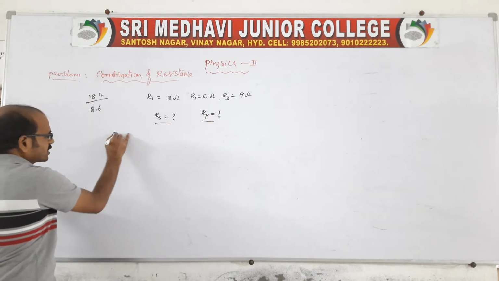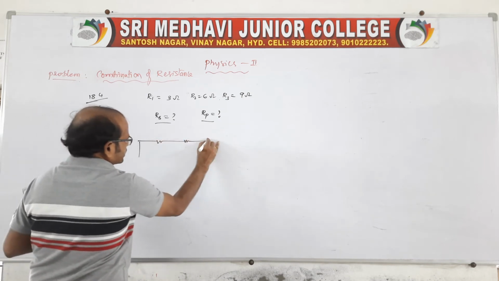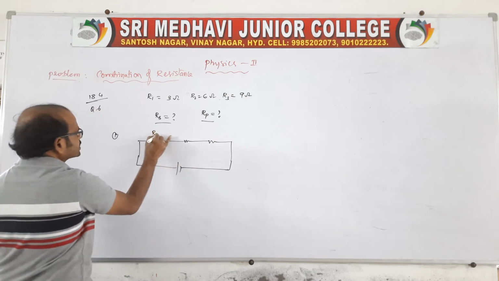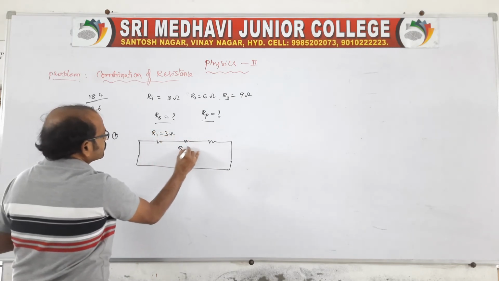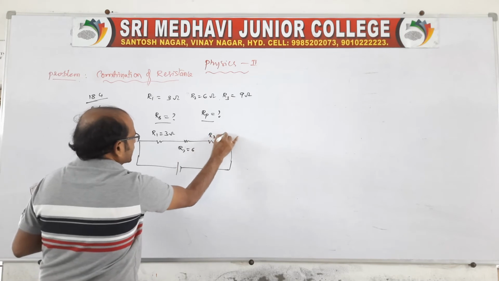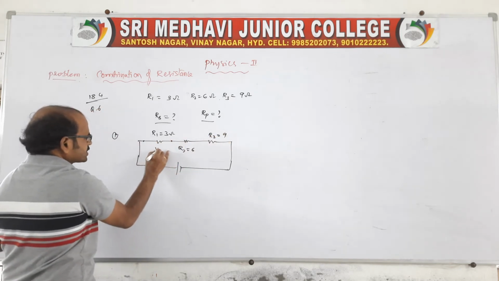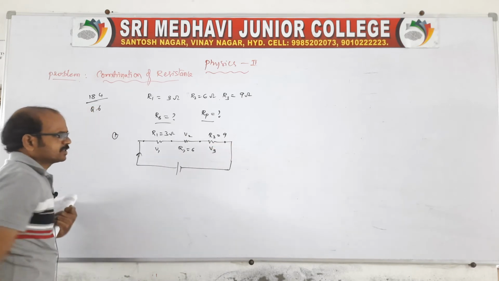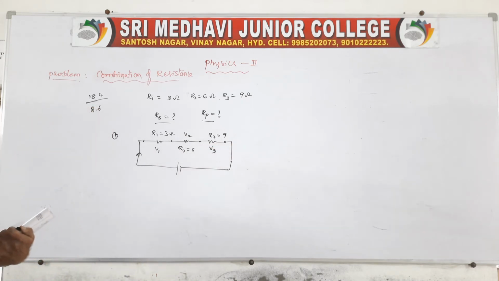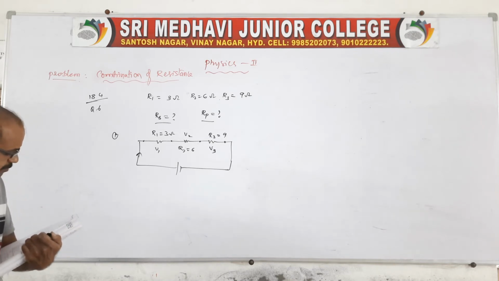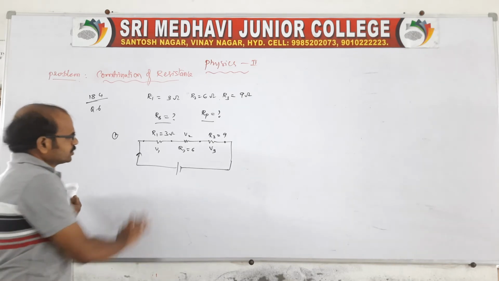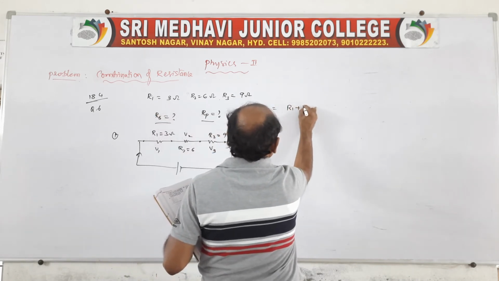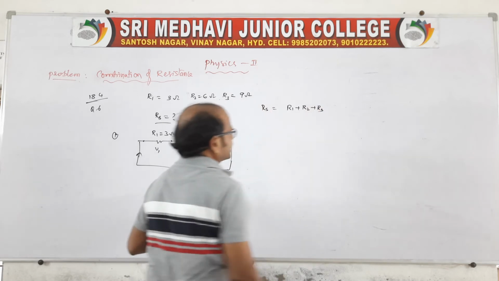Suppose now I am going for the series, all are connected like this. For the practice I am telling, suppose you take R1 is equal to 3 ohm, R2 is equal to 6 ohm, R3 is equal to 9 ohm, and here the potential differences are V1, V2, and V3. Of course there is a maximum potential difference given, but we don't know the potential difference, right? So you need to find just RS. Series is R1 plus R2 plus R3. Of course very simple it is.